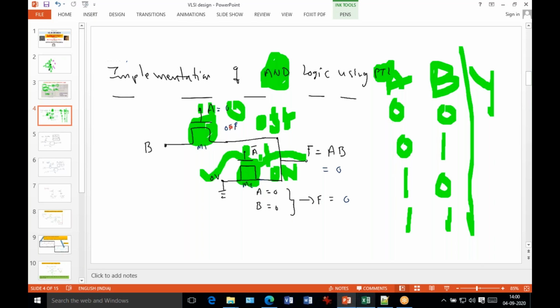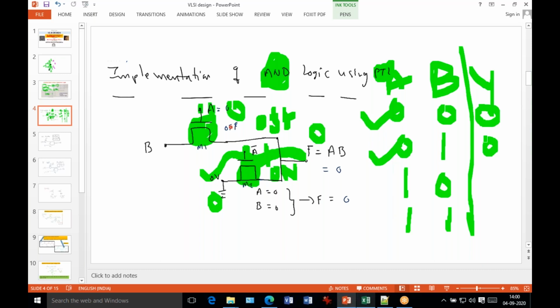This path goes here. This signal is available here. So what is the logic here? This is a 0, that means 0 is passing here. So in case the input signal is 0, again this output is 0. Here it does not depend on B. Suppose you observe this condition, if A is 0, this one is 0 and this one is 0. Two cases. So it does not depend on B because this transistor is off and this signal does not go here. It may be 0 or maybe 1, but your output signal is always 0.